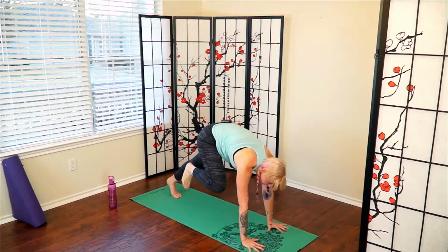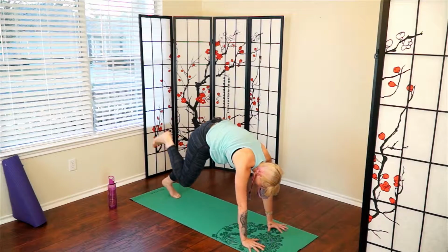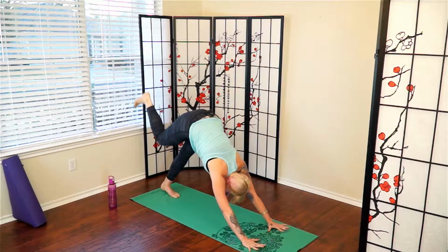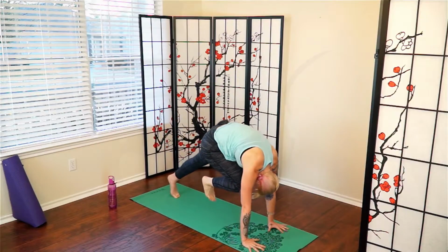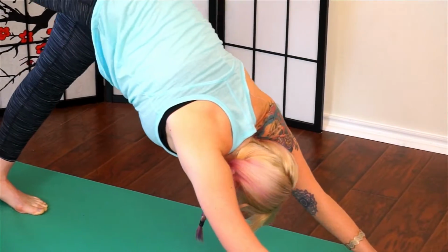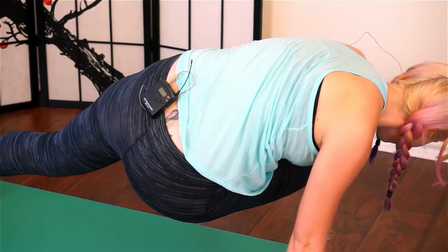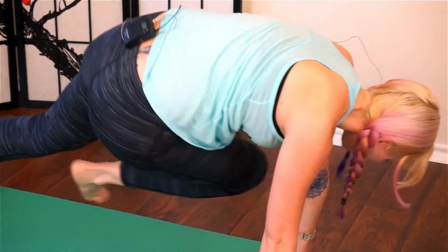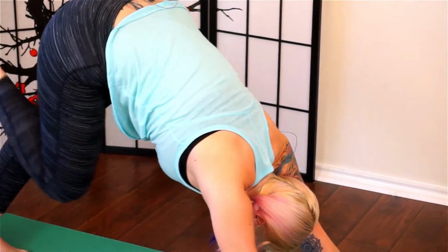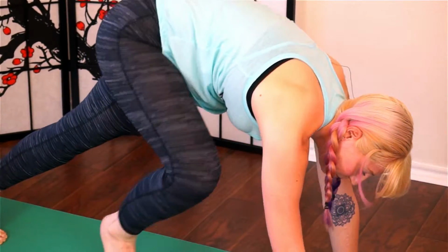So you're gonna have to really use your core here. Take a breath, and exhale, send your right leg back. Inhale, leg up, and your exhale carries your knee to your nose. Squeeze your core. Inhale, your right leg back, and exhale, cross over to your left elbow. You've got this. And exhale, send your right leg back. And your next exhalation carries your knee to your nose,